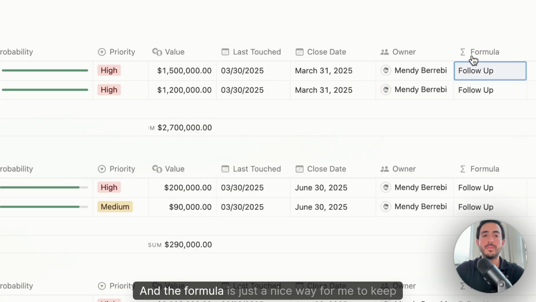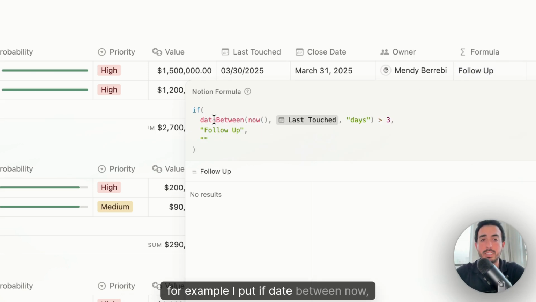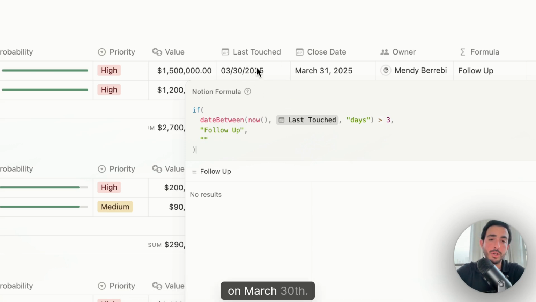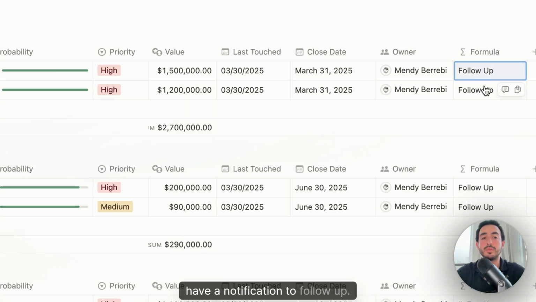And the formula is just a nice way for me to keep track of everything in terms of when to follow up, right? So here, for example, I put if date between now. So today is obviously April 3rd. The last time I touched Monday.com was on March 30th. And if it's anything above 3 days, then we will have a notification to follow up,